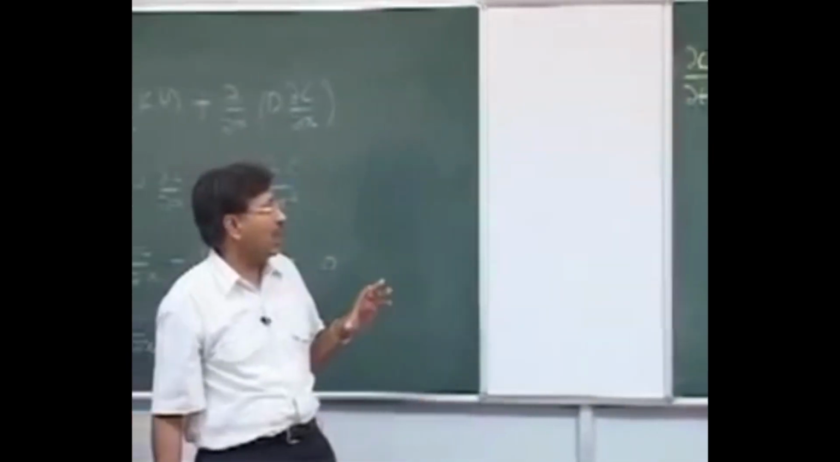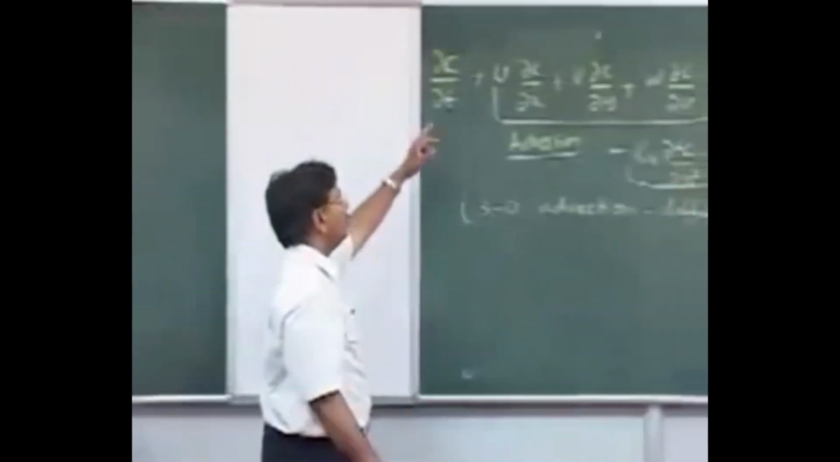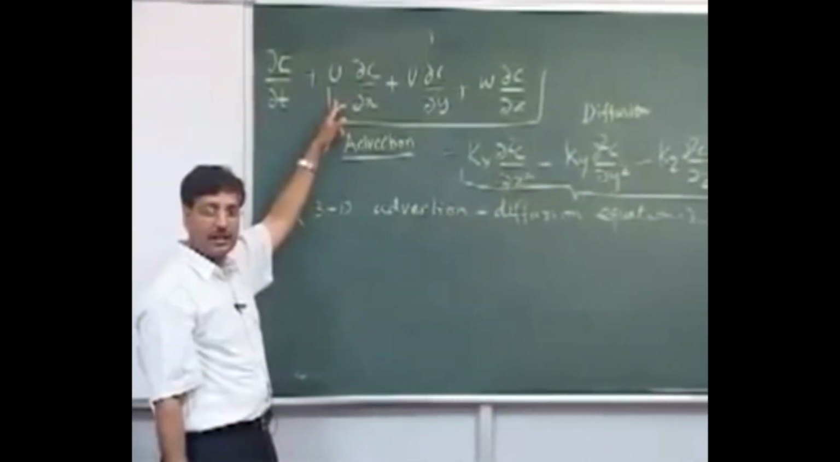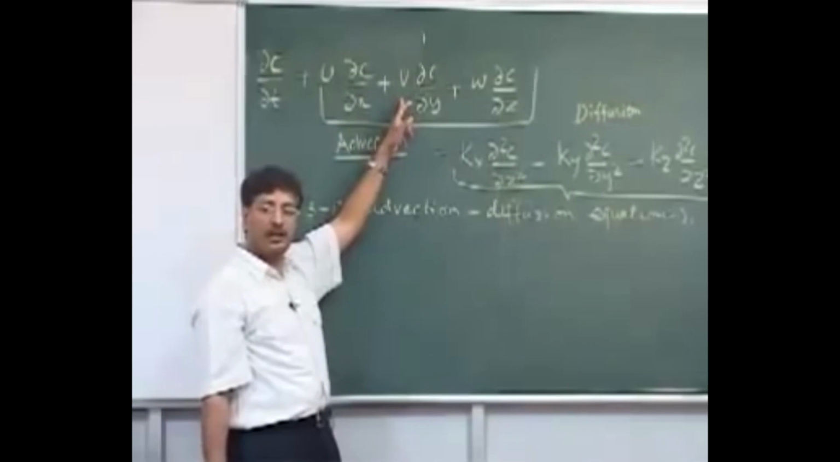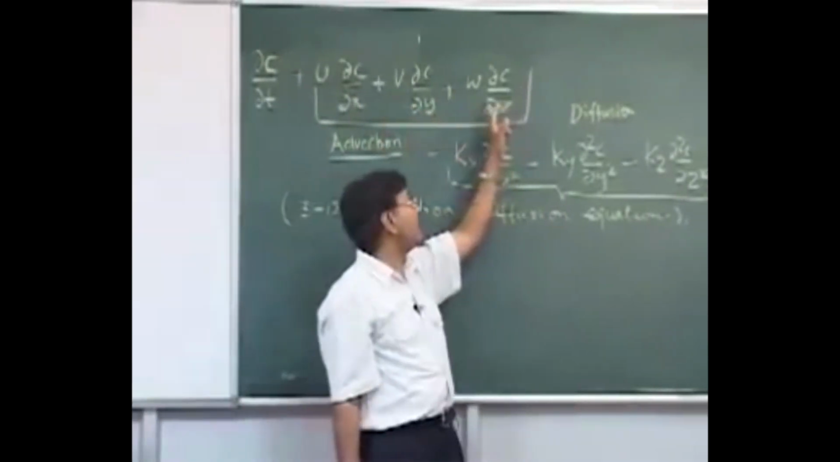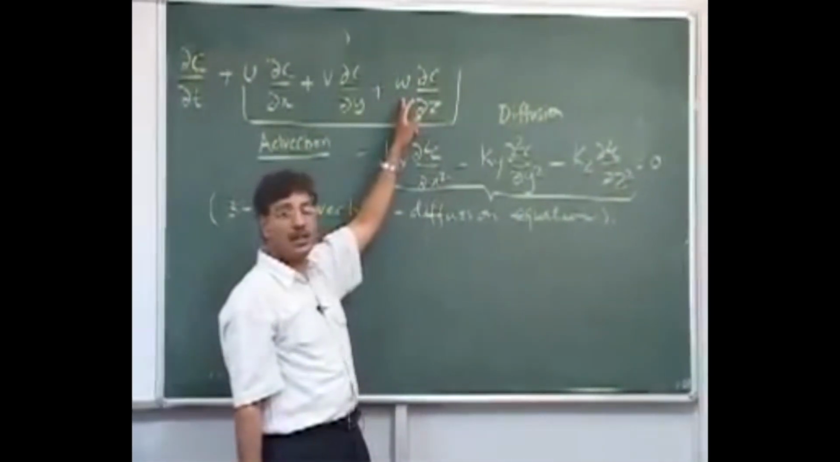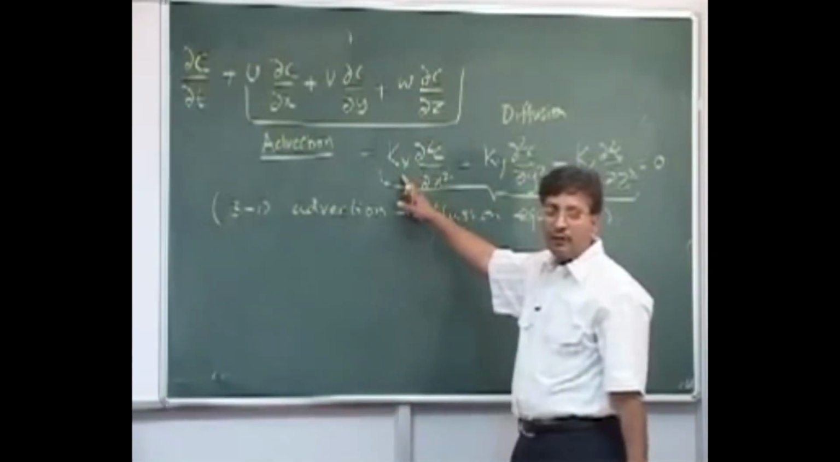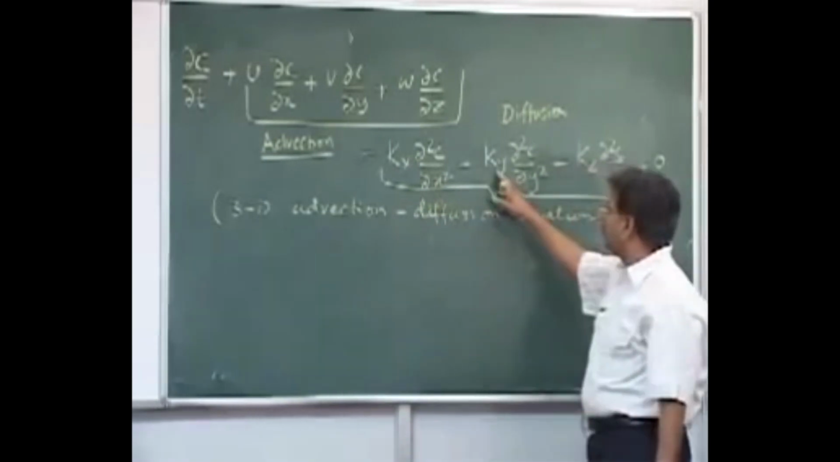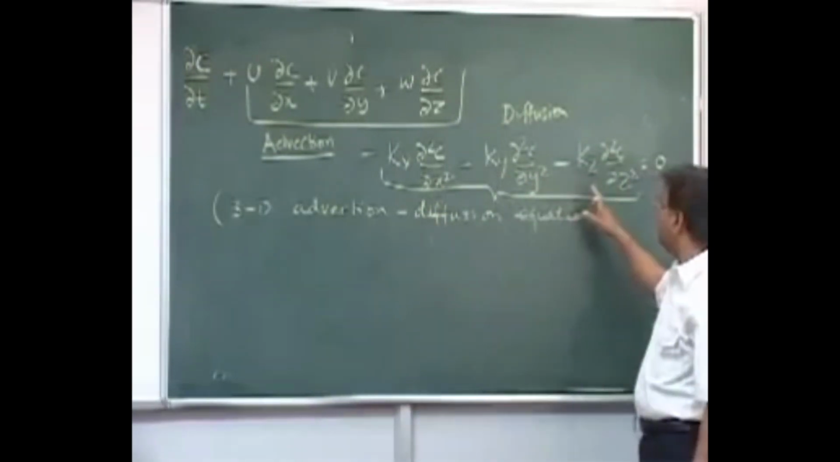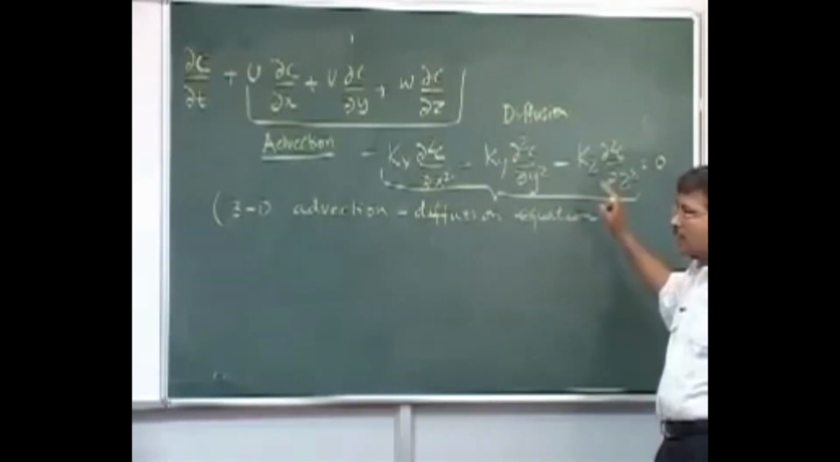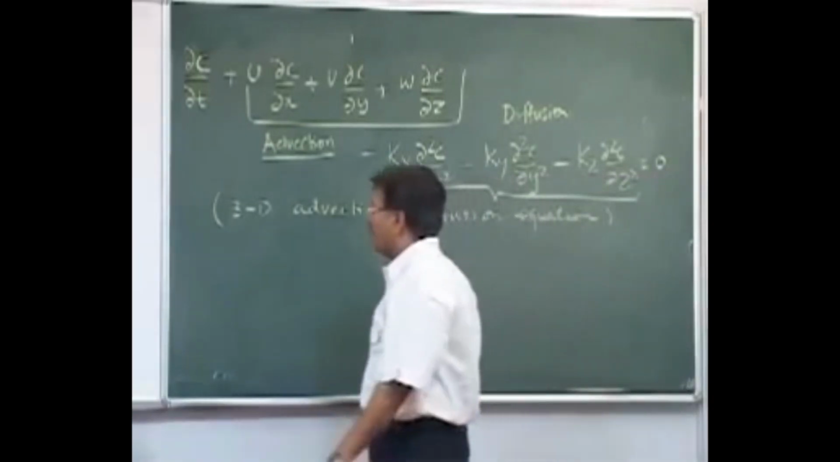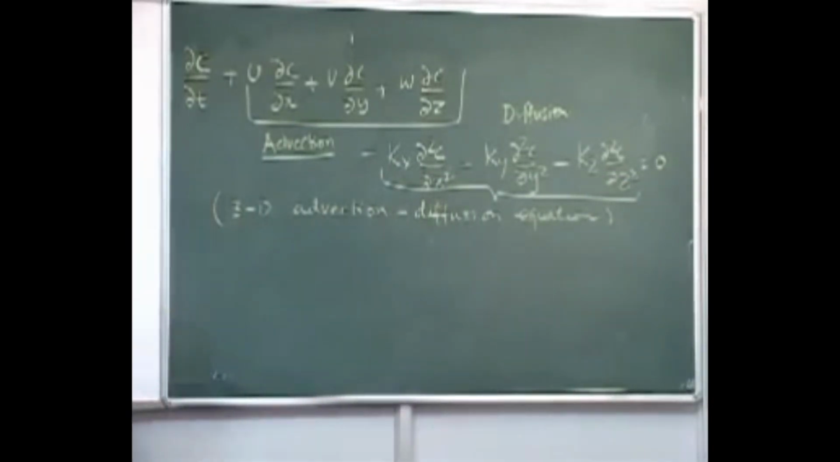Now let me explain. U is the velocity in the x direction, V is the velocity in the y direction, and W is the velocity in the Z direction. Similarly, the turbulent diffusion coefficients are in the x direction, in the y direction, and in the Z direction. Clear? Okay. And to give you a little feel of the coordinate system